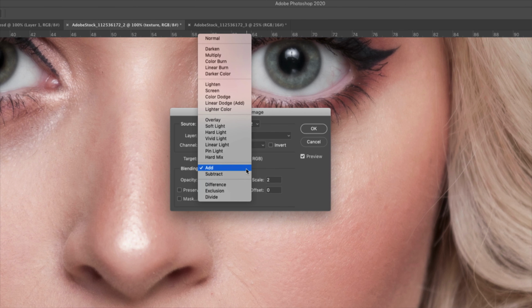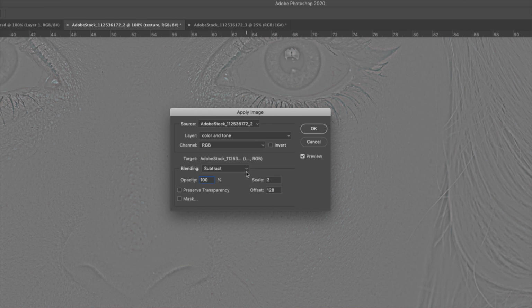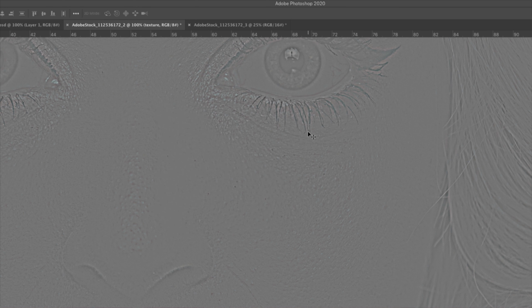The next thing we want to do is change our blend mode to subtract. We want the scale to be set at 2 and the offset to be set at 128, and then we're going to press OK. So if we look at the underlying image that we have here, it's basically a 50% gray layer with bright areas and dark areas.